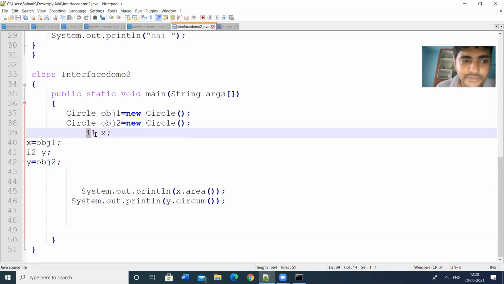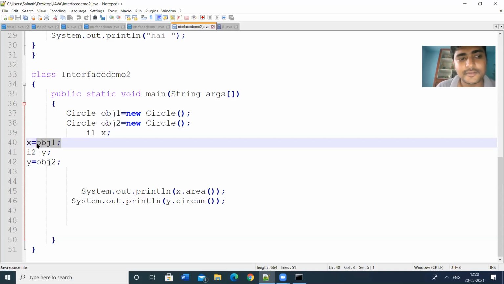I am creating a variable X of type interface I1. That means I am creating an object of type I1. Then I am assigning X to obj1.